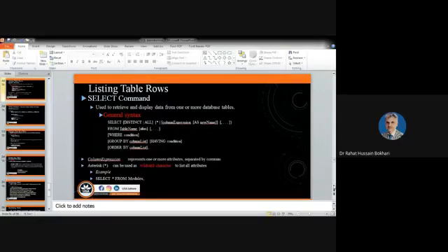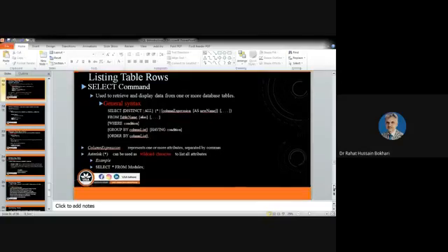It is used not only for queries, but also for subqueries. So we have to also see how this should be used for subqueries. Furthermore, we also use the select command in join operations. There are many examples for that, and we have to follow that.